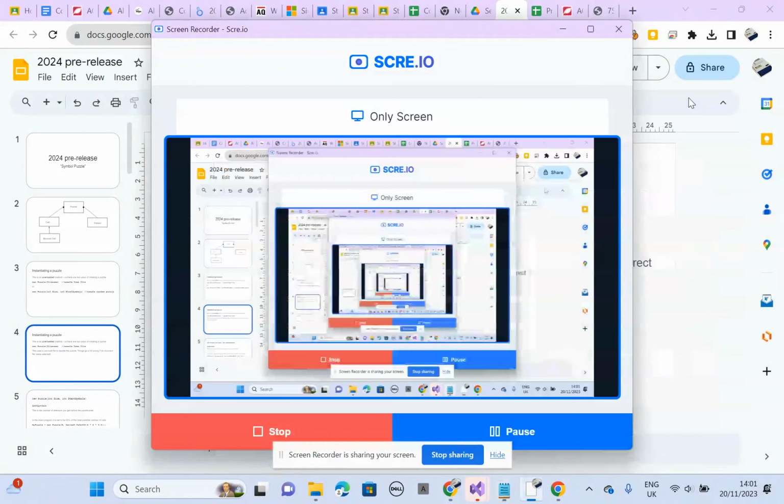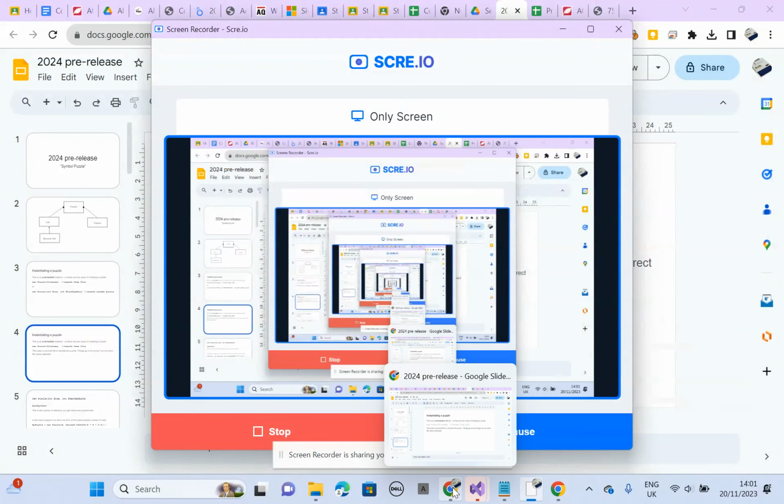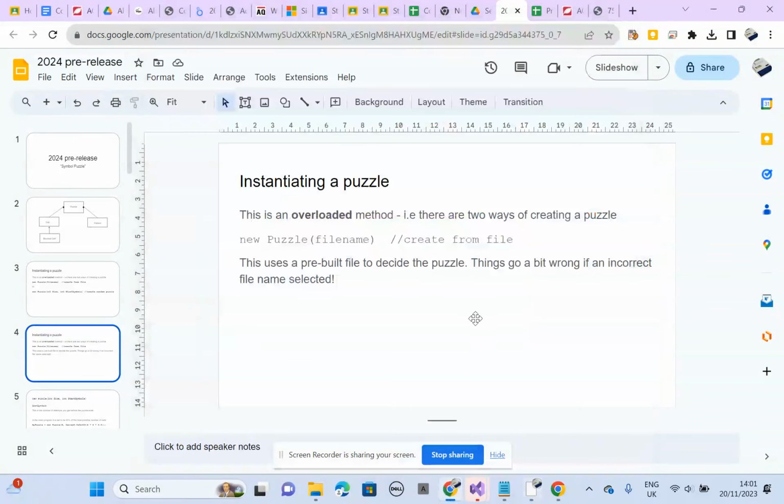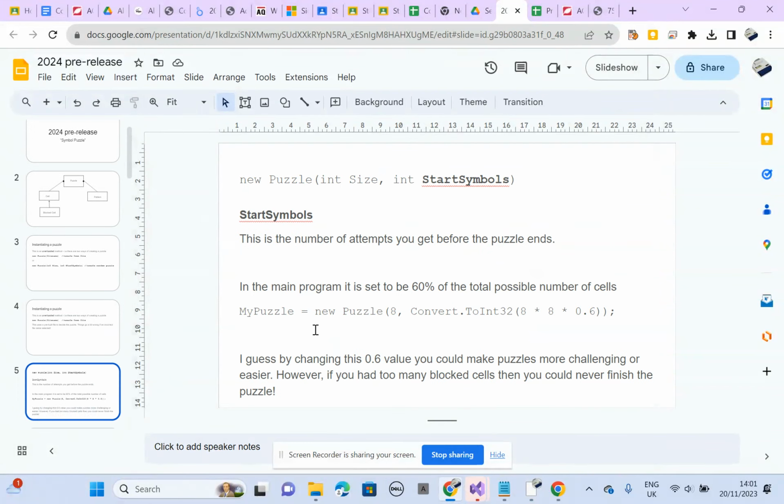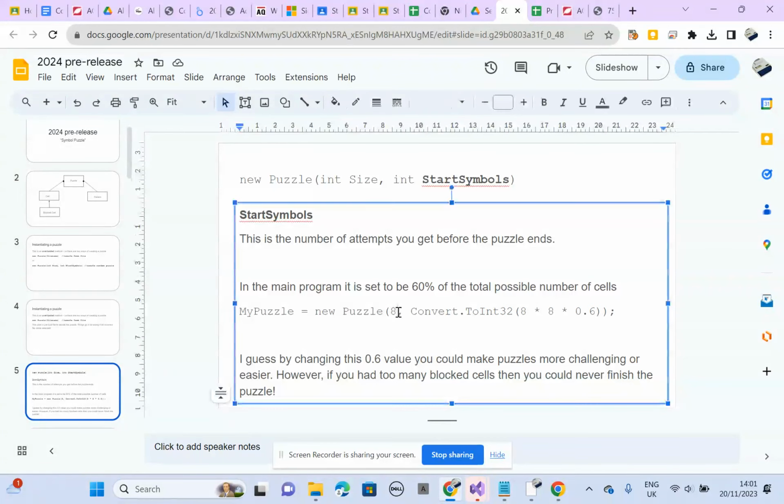So that's the file. Let's actually have a look at instantiating a game that doesn't use a file. You have to pass it 2 values. You have to pass it the size of the grid, which in the default game is 8, and then there's this calculation for the number of